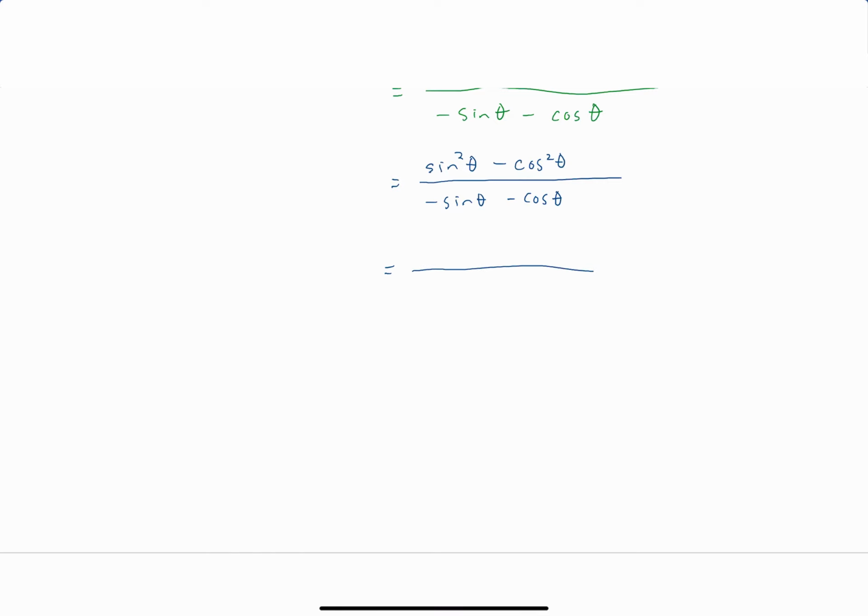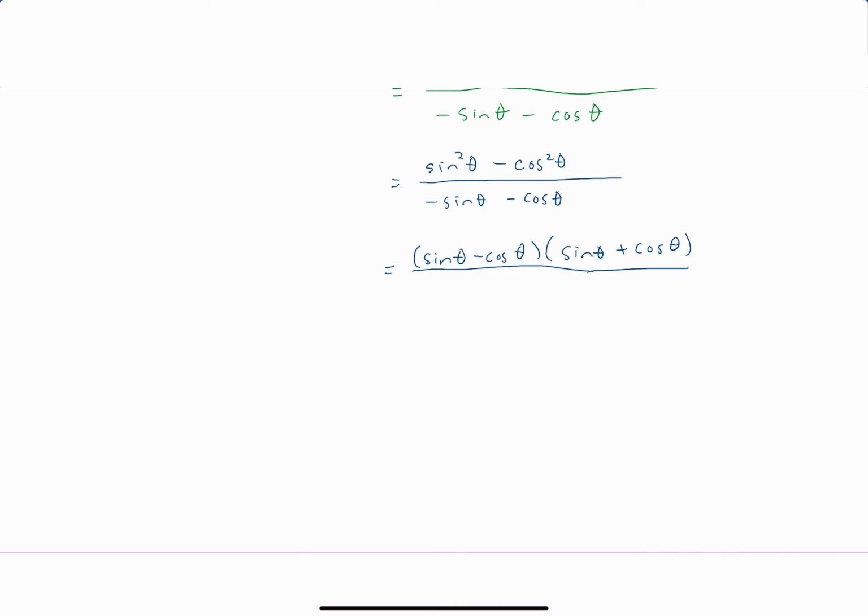So I'm going to say, yeah, sine squared minus cosine squared, I can factor. That's sine of theta minus cosine of theta times sine of theta plus cosine of theta. Now, I'm hoping to cancel with something in the denominator. And my denominator, minus sine of theta minus cosine of theta, doesn't match either of these factors that I've got